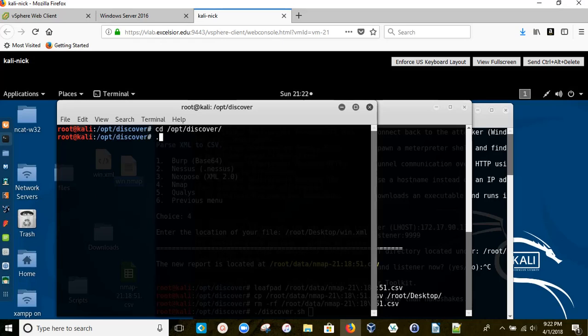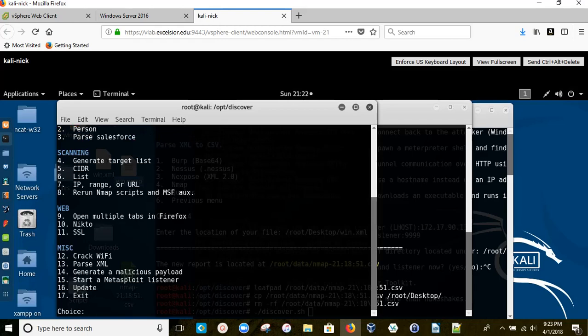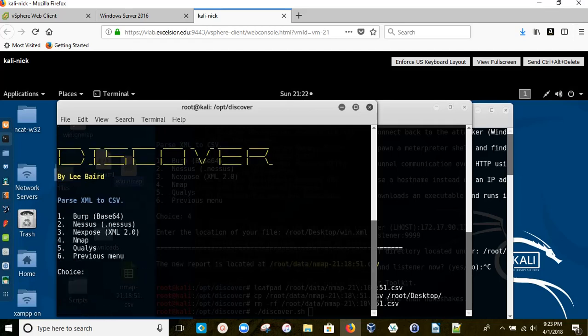Then the next thing to do is execute the discover script. So ./di and then press tab. This will bring in the discover menu. The next option we will select is 13, Parse XML. In this case, we'll select option 4, which is Nmap. We need to provide the location of the file where our Nmap results are located, specifically in the .xml format,